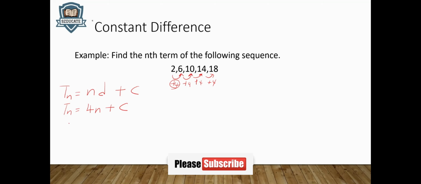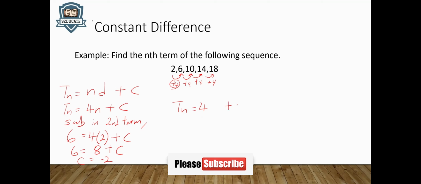And now I want to actually use one of the terms to help us find out what C is. So I'm going to sub in the second term. The second term is 6, where n is 2 because it's the second term. So 6 is equal to 4 bracket 2 plus C. 6 is equal to 8 plus C. C is equal to minus 2. That means our equation is Tn equal